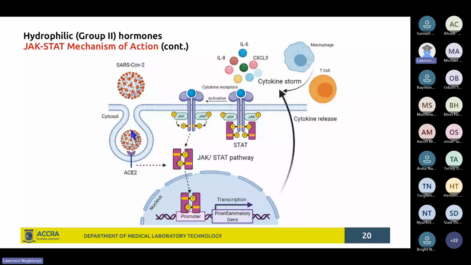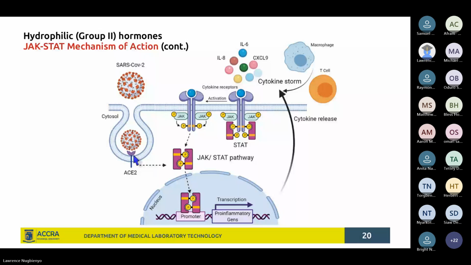And you see there is a receptor in the cell membrane of that macrophage that has attacked that coronavirus by the process of phagocytosis. So it engulfs the coronavirus. And you see the receptor there that recognizes that invasion of the virus,